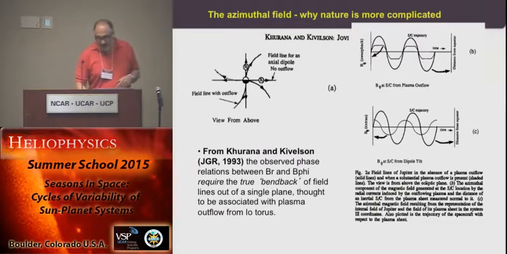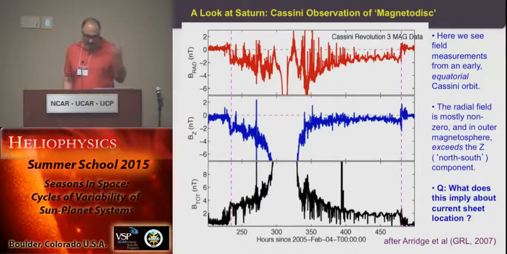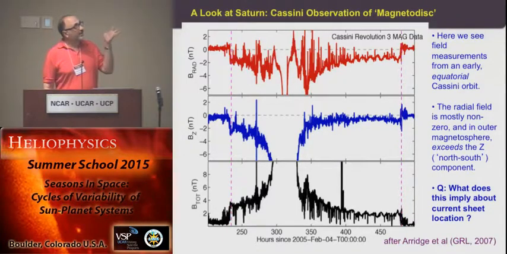Okay, so speaking of Saturn, here are magnetic field observations for Cassini. And this is essentially the analog of the Galileo observations that I showed, and there's some interesting differences here. So let's have a look. So what we have here is the radial and the north-south field component from the Rev 3 orbit of Cassini, February 2005. And you can see that these are cylindrical components,